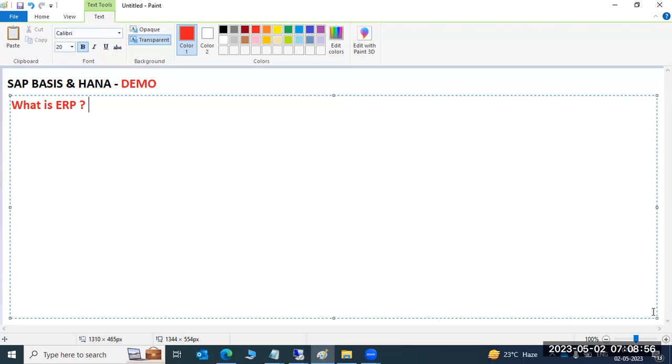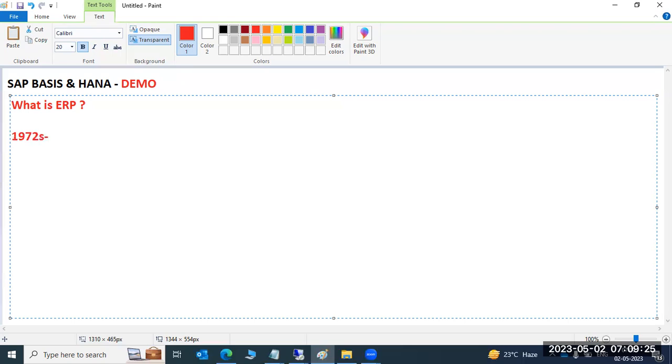In 1972, ex-IBM people started building the SAP application. Previously in SAP it was known as R3.